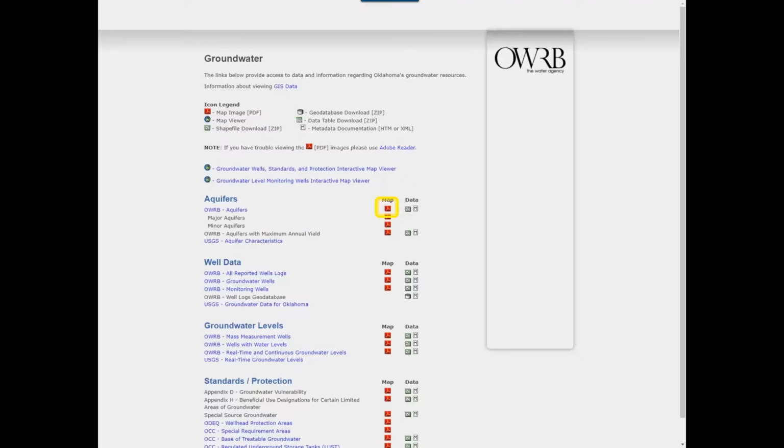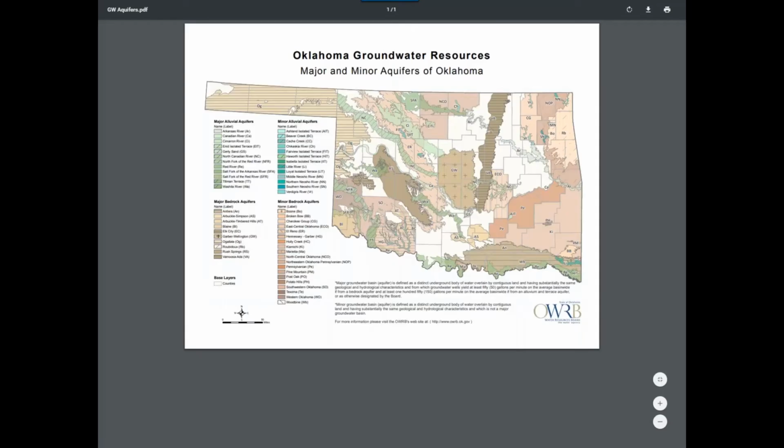If you're in Oklahoma, again, you have a map viewer, or you can have PDFs of this information. I clicked on aquifers, and there's a nice PDF handout showing the major aquifers in the state. So if you call your state geological survey or your water resources board, and get to an actual geologist or hydrologist who understands these things, and you say, if we pick the one in the middle, the RS, I should have looked this up, RS is Rush Springs aquifer. They might have that kind of information available, and it gives you an idea.